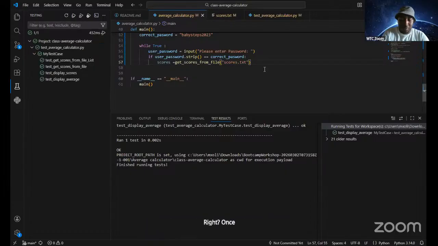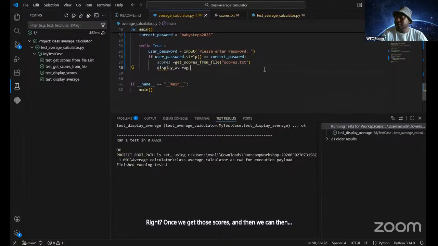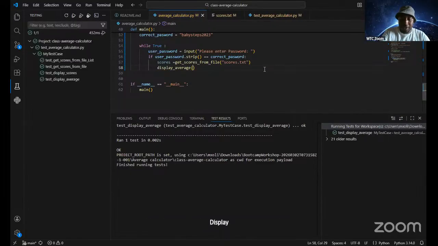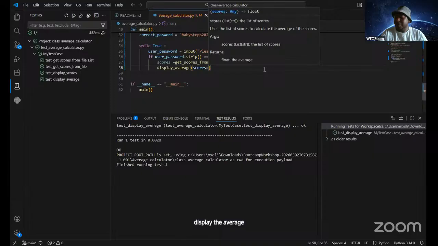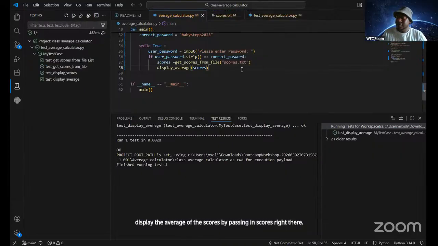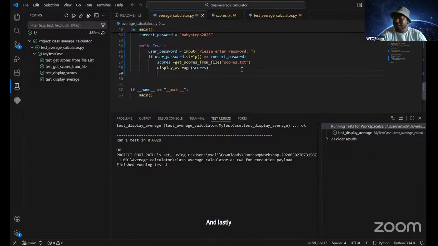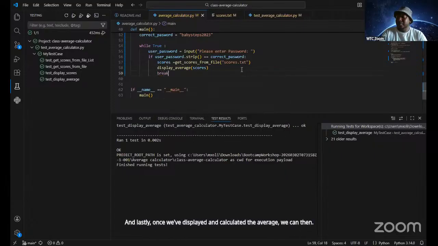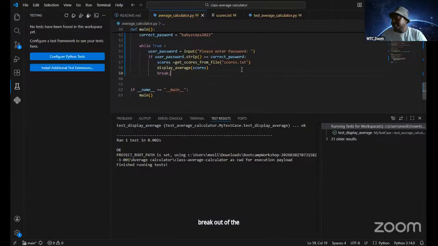Once we get those scores, we can then display the average of the scores by passing in scores right there. And lastly, once we've displayed and calculated the average, we can then break out of the loop.